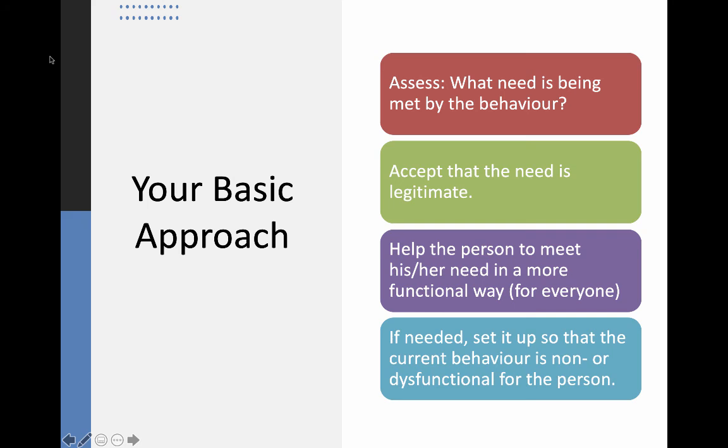So once we accept that the need or needs are actual and real, our work becomes about helping the person to find a way that gets them more of what they need. In other words, we want to give them a new behavior or behaviors that are more functional for them, that get them what they want more often, more consistently, more quickly, gets them more of what they want, more valued reward, and all of that together is going to be even more effective. We learned that from the functional continuum way, way back at the beginning of the module.